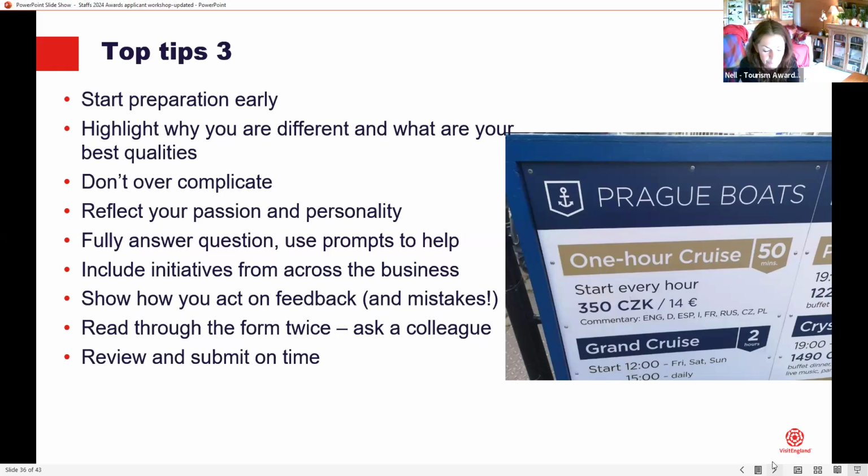Can anyone spot the deliberate mistake on this picture on the right hand side? Anyone want to shout it out? Because I can't see you, or Kim will have to tell me if anyone's shouting it out. 50 minutes for an hour-long cruise. Yeah, brilliant, brilliant. Thank you. Proofreading. It's really important that you proofread it, and sometimes it's really hard. If I'm looking at my own work, I find it really hard to see mistakes, but other people will see them. So make sure that your entry form is as good as it can possibly be